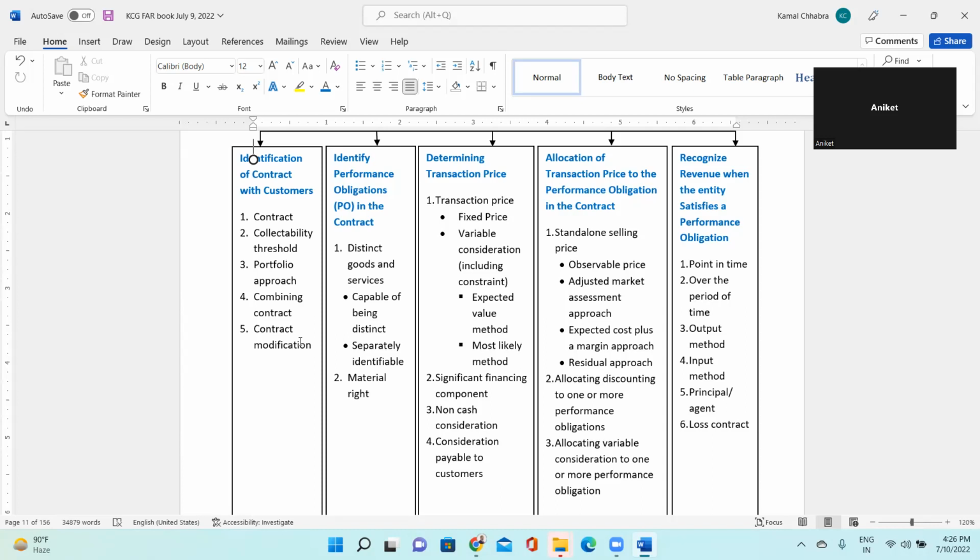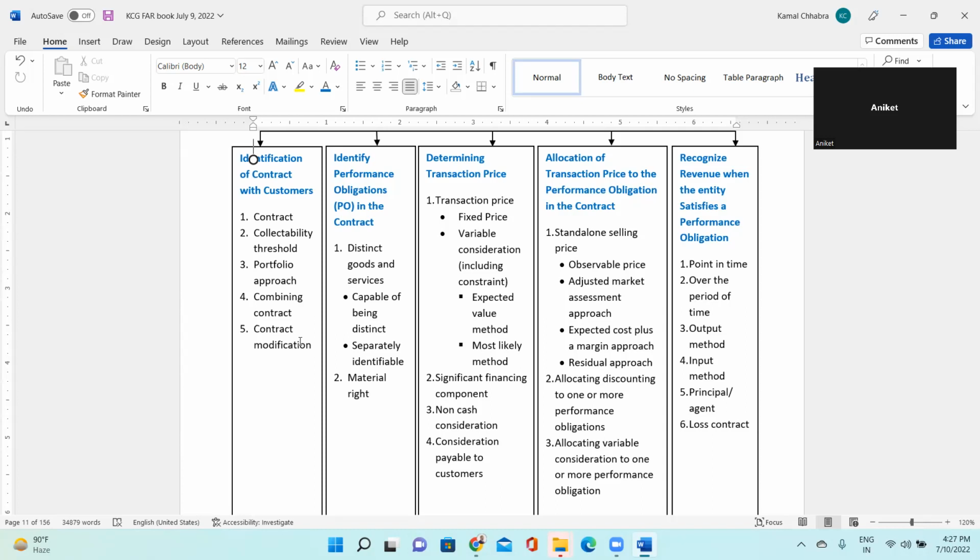Right? So here, step 5 says, recognize the revenue when the entity satisfies the respective performance obligation. So you have 5 performance obligations, whatsoever you have satisfied as and when, for those you will be recognizing the revenue. For those for whom you have not satisfied the performance obligation, that will be considered as an unearned revenue and will be recognized as and when you will be satisfying those performance obligations.